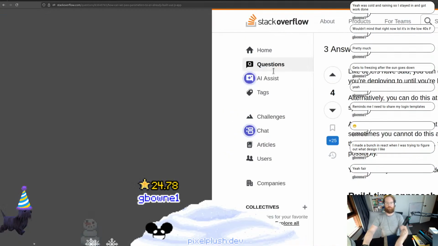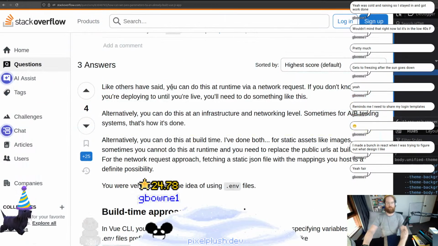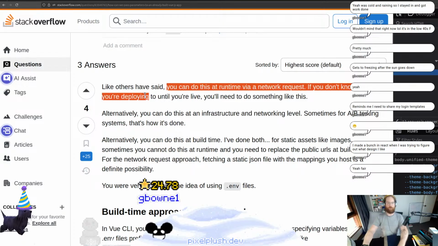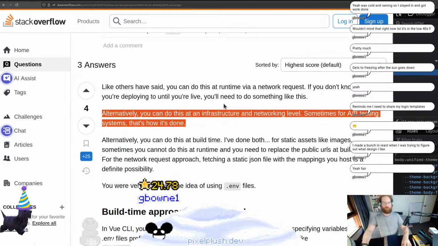Like others said, you can do this. Hold on, move that to the right. Like others have said, you can do this at runtime via network request. If you don't know where you're developing until you're live, you can do something like this. I mean, all right. So